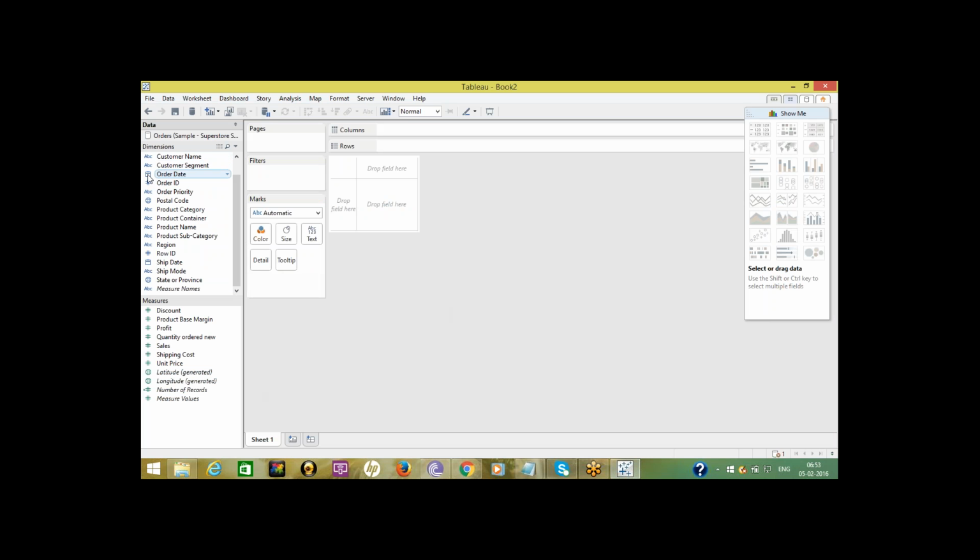This symbol represents dates. The hash symbol represents numbers.